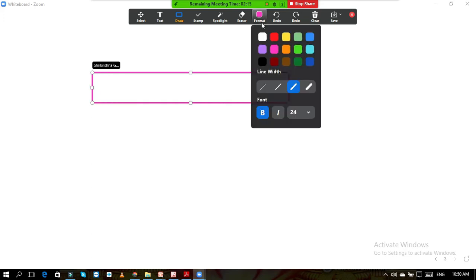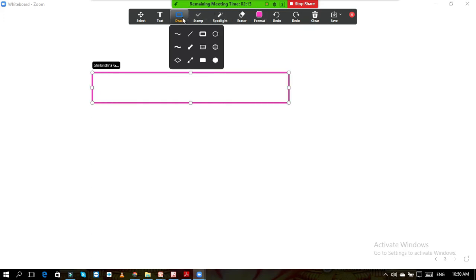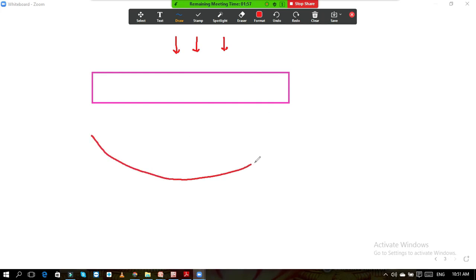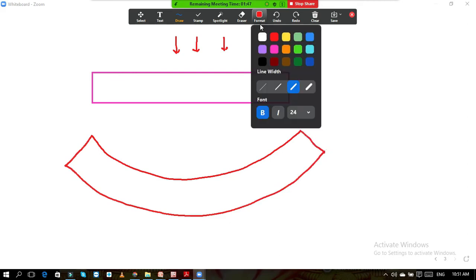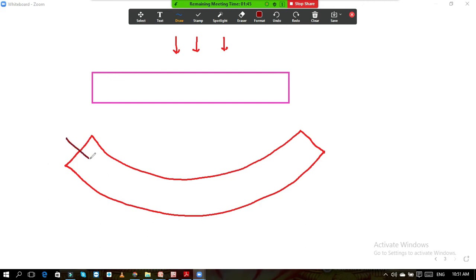Now suppose this is a beam. For understanding purposes, consider this is the beam, and after the application of the load, this beam will bend. Suppose the load is acting over here, and at the center the neutral axis is there. So this beam will bend in this fashion. I think we have already drawn this diagram. This is the bending of the beam, and this is the neutral axis.